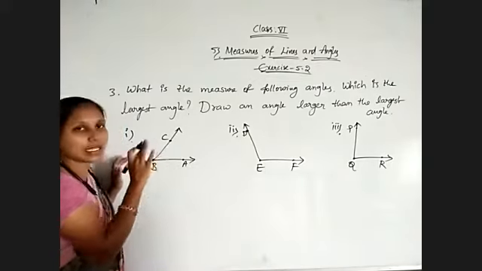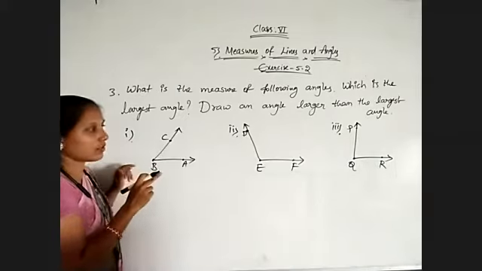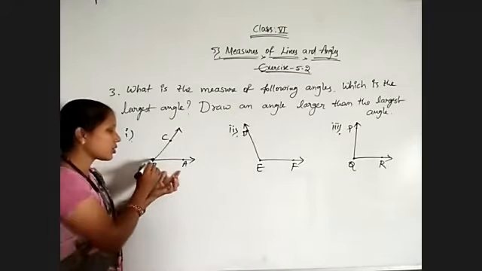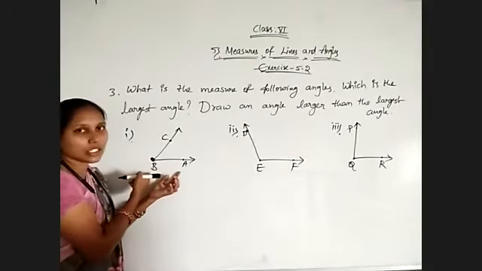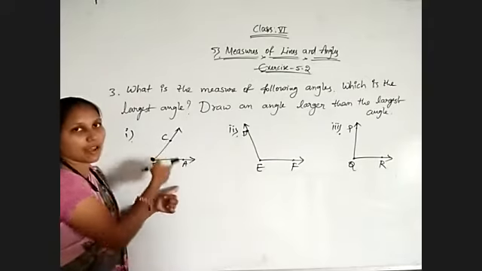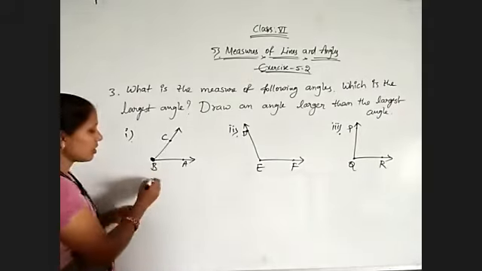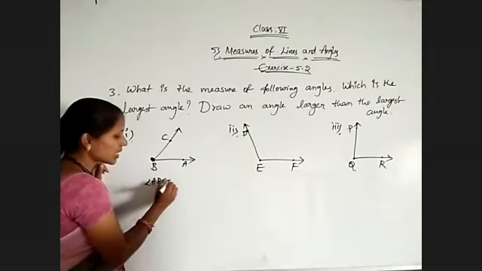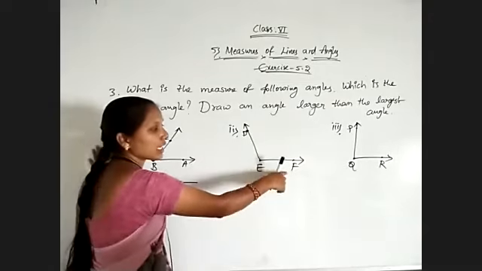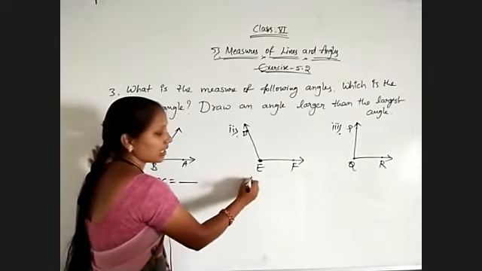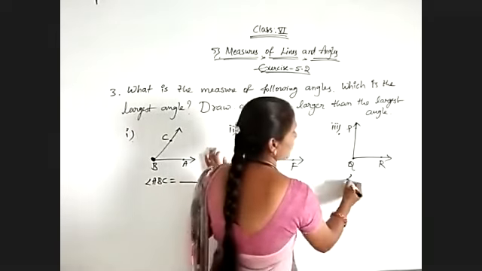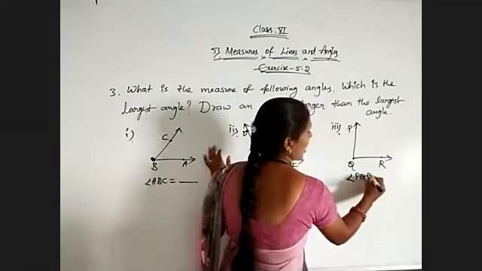For measuring, we use the protractor for angles, yes or no? So set your protractor in the textbook. Here, which angle is shown in this figure? B, yes or no? So we have to find angle ABC. From the figure, angle ABC is equal to how much we have to find. And in this figure, DEF, E is the required angle, so we need to find angle DEF. And thirdly, we have to measure angle PQR.